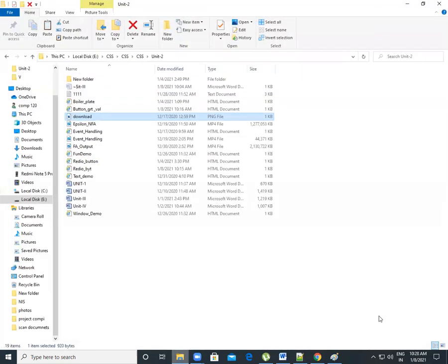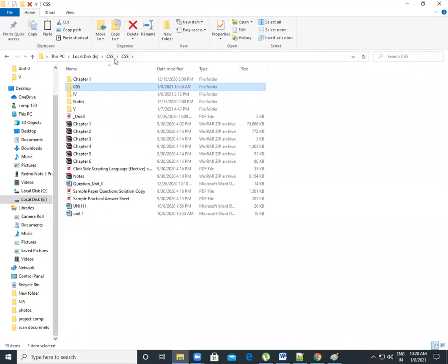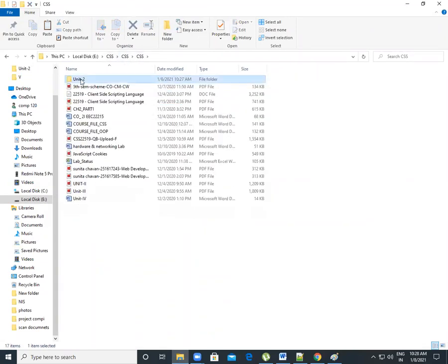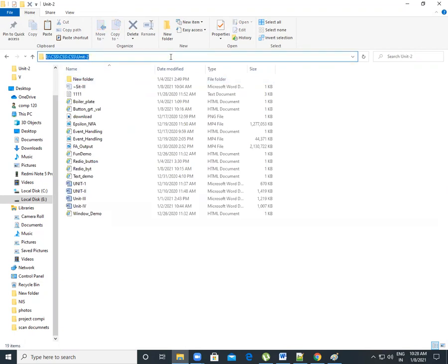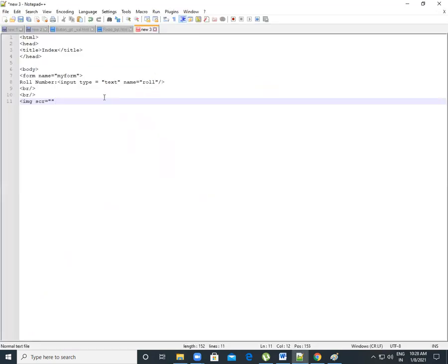So I have to copy this location. Now I copy this location and paste it, right? Then I give my image name, and what was my image name? Download. Correct. So slash download.jpg extension. Okay, that's it.